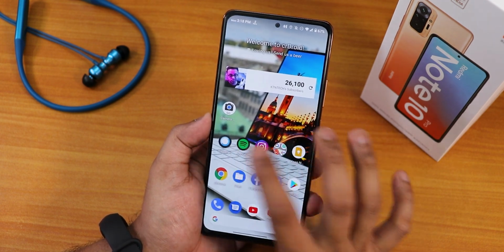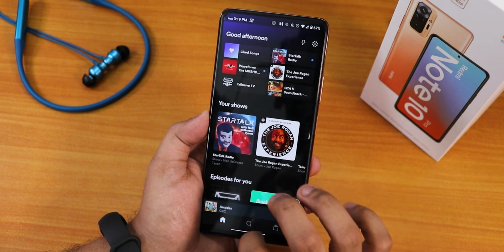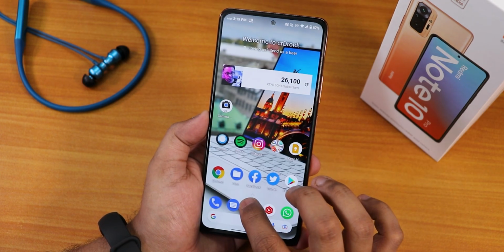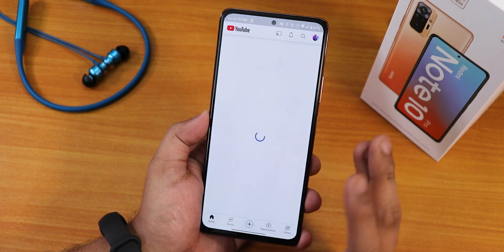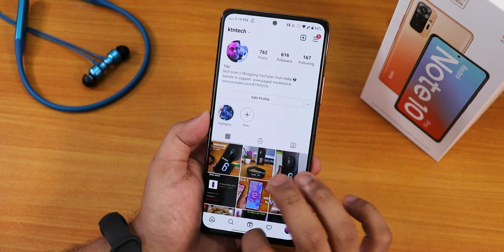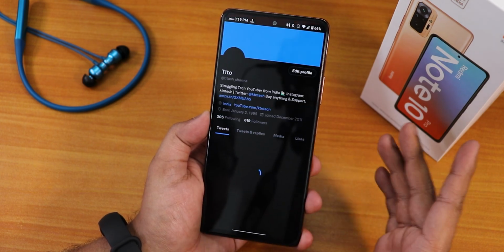And Spotify, it is reloading too. Let's open all those apps again, and Chrome has been removed. But overall, while daily driving, I have seen most of the apps stay in memory. It's not a problem. But here right now, I have been noticing a couple of apps have been removed from